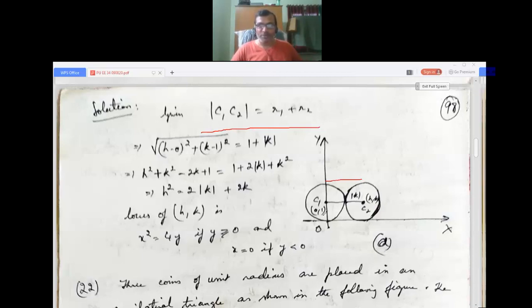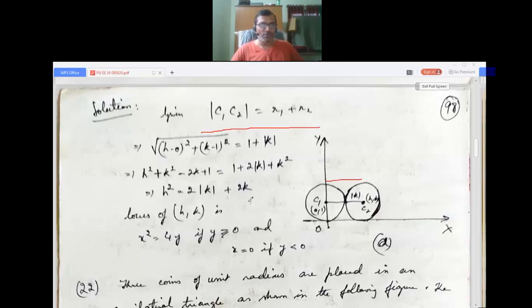Another circle, because it touches the x-axis, the y-coordinate of the center will be the radius, so k, and we take the magnitude of k because it might be positive or negative. If it is negative, we take the absolute value because the radius cannot be negative, because it is a length. Then squaring both sides, h squared plus (a minus b) whole squared formula, k squared minus 2k plus 1 plus k squared, a squared plus b squared plus 2ab, 2 mod k. We take it when k is positive, here it will be positive. So h squared will be, whichever cancel, 2 mod k plus 2k.